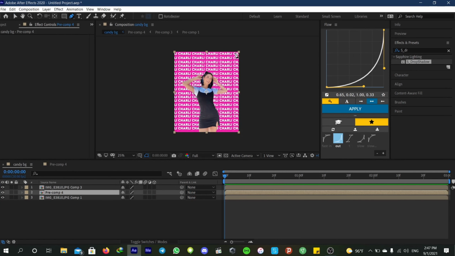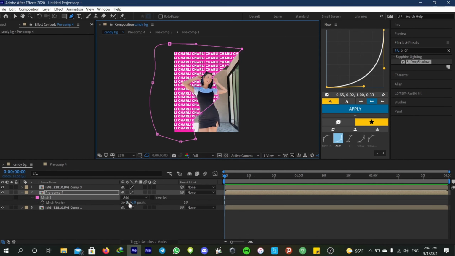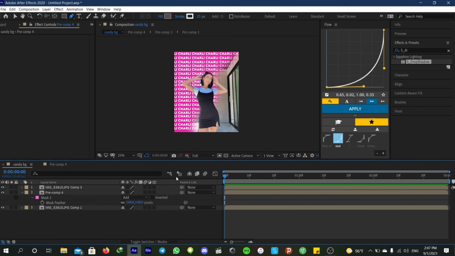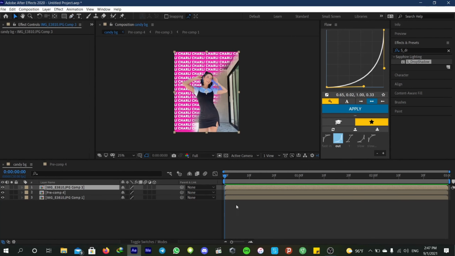Now use the pen tool and just do what I do here and make a mask. It doesn't matter how it looks like, and then press F on your keyboard and increase the feather. You can play with it so it looks smoother. Alright, okay, so after you did that, you can use,